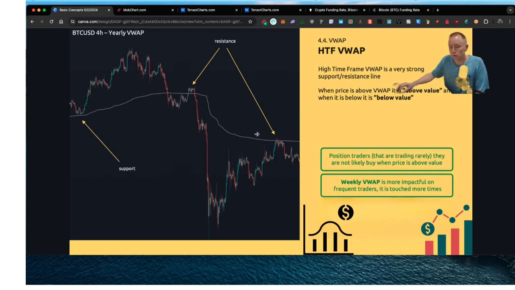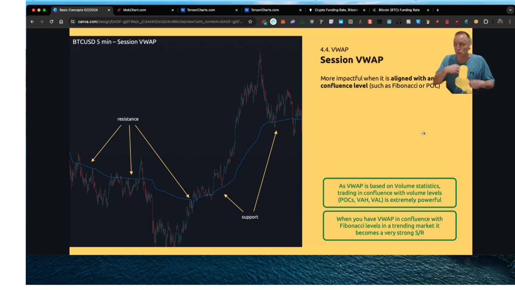And just keep in mind, the higher the time frame, the stronger the signal. This is a very high time frame vWAP, so you're going to see price reaction much stronger. Here is another example of using vWAP, on a low time frame. This is just a 5 minute chart, but this is what I'm calling a session vWAP, because this all took place during one session.